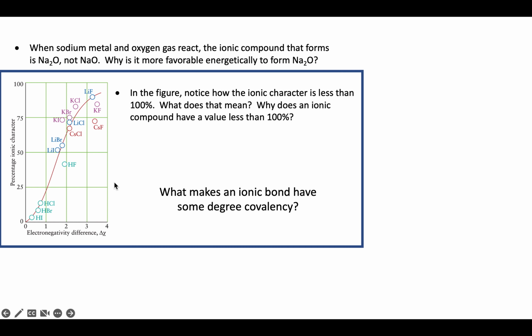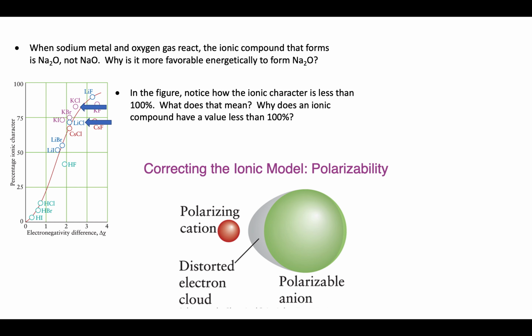Within the second one, how the ionic character is less than 100%, it really comes to the question, what makes an ionic bond have some degree of covalency? Why isn't it entirely cation, anion, +1, -1, +2, -2? Are aspects of polarizability? This was Atkins' description for correcting the ionic model. Instead of saying it was entirely cation and anion, what if we had cation, anion, and then the polarizing cation shifting the electron density? This is what makes the ionic character be less than